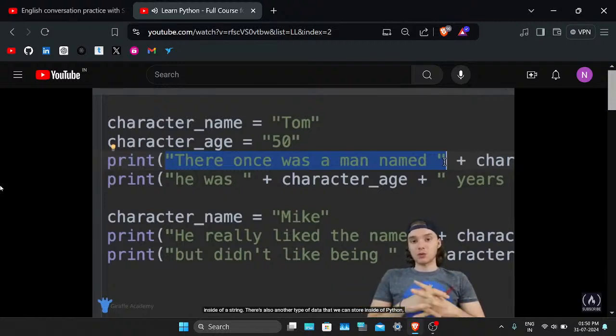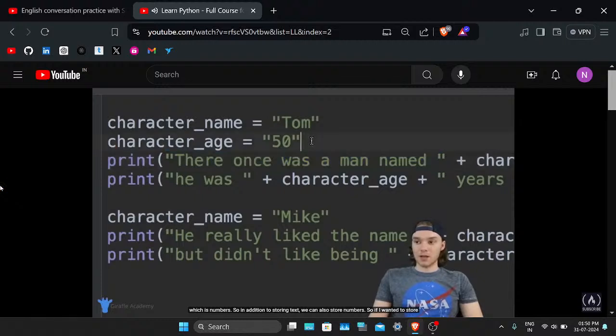There's also another type of data that we can store inside of Python, which is numbers. So in addition to storing text, we can also store numbers. So if I wanted to store a number, for example, let's say we wanted to store the character age inside of a number instead of a string. I could just type out 50.